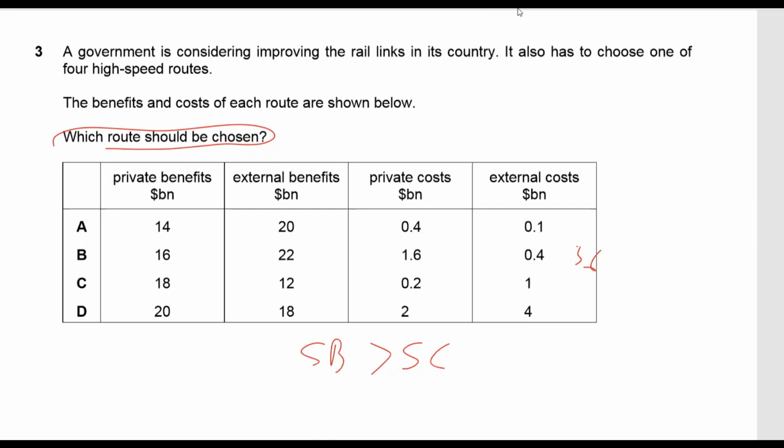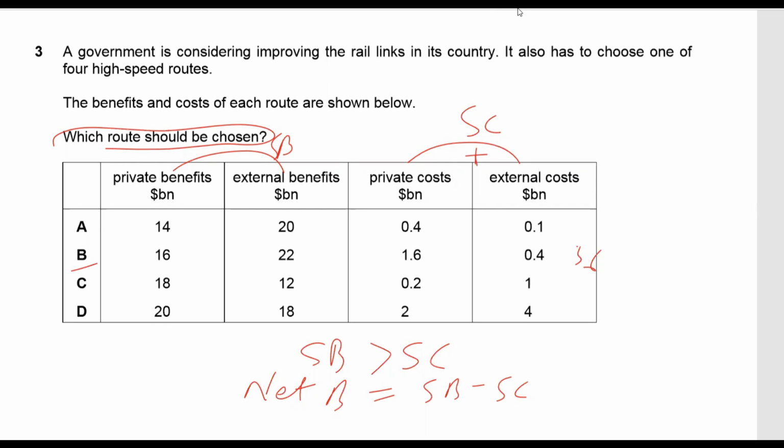Net social benefits are equal to social benefits minus social cost. Social cost is equal to private cost plus external cost, and private benefit plus external benefit will give us social benefit. So we can add the values, and the correct answer for this question is B, because